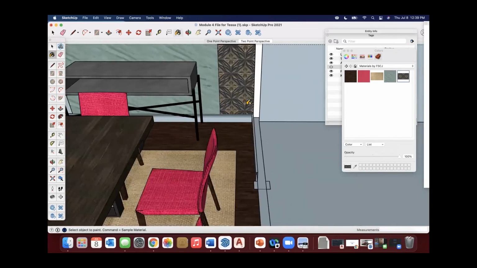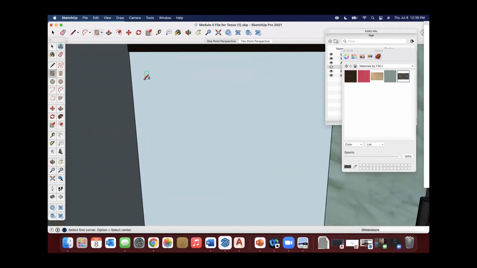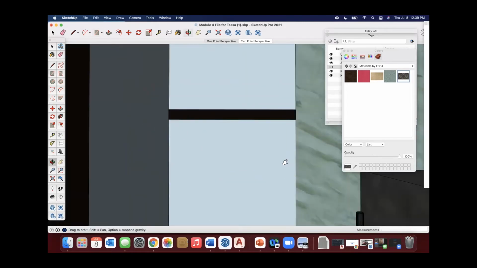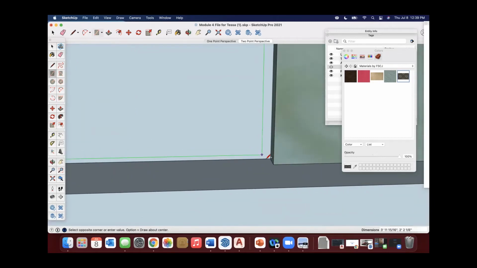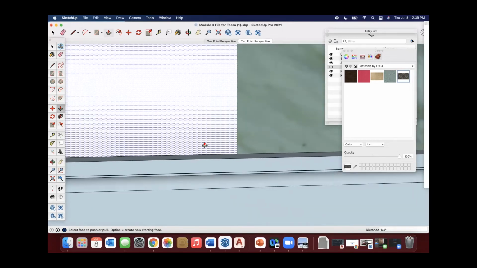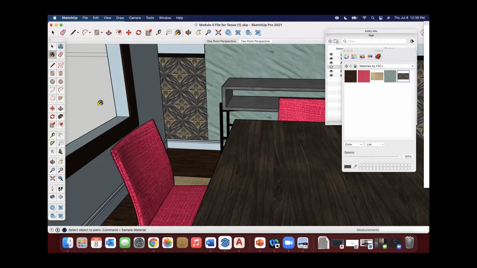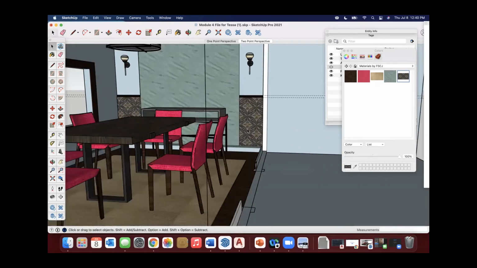And there we go. And so there's that first one. And now I can basically come over and do the exact same thing right here. So again, I could paint the bottom of that chair rail, but it doesn't matter because that's not an area we're ever really going to see, or the client's going to be looking at while we're rendering and showing them the perspectives. Okay, last material. Whoops. And I'm going to pop that on there. And there we go. And so now we've got that material here.